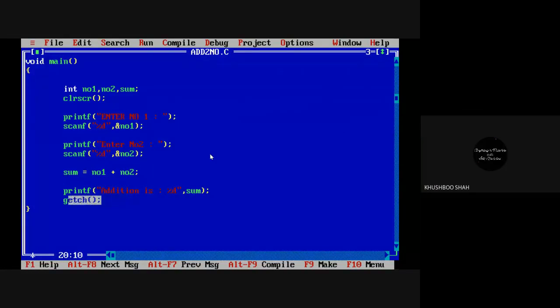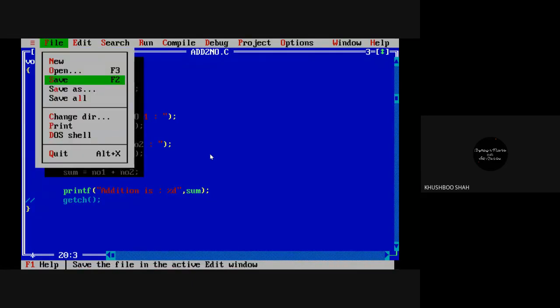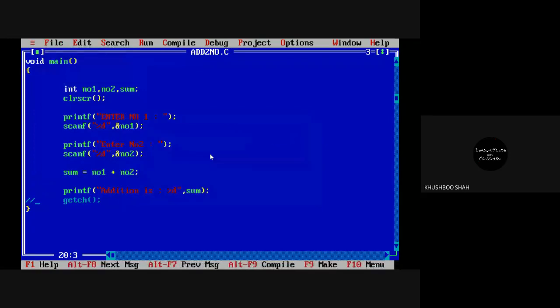And the last statement, that is getch. First, let me show you what happens if I comment this. Let's run the program: save, compile, and run. 2, 3.